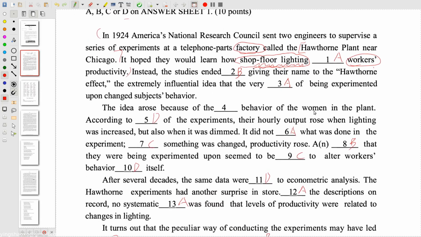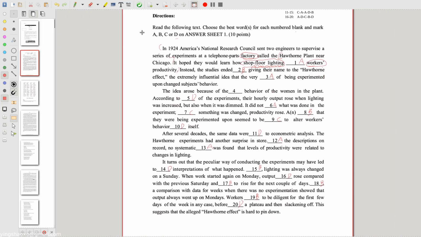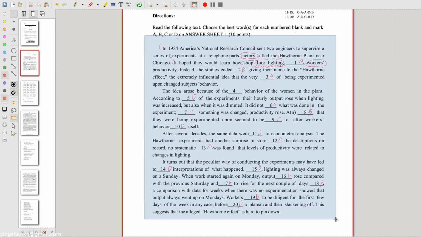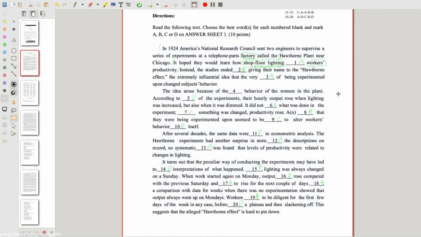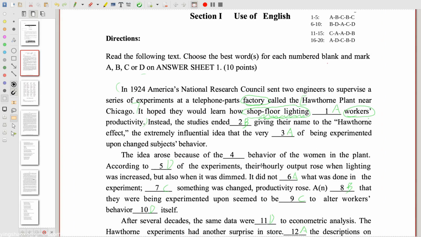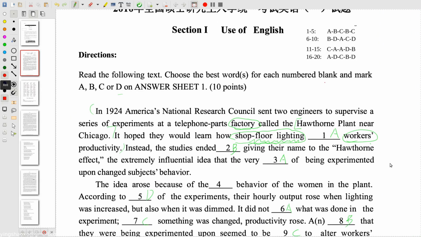Before we go on, I'd like to choose all those answers that I previously answered and turn them to some other color. For example, blue. Oh, that's not obvious. Let's change it to green. Okay, that'll be nice. Then for the correction, we will use the red color. The correct answer should be C, but we chose A. Let's correct it. We should say this is a C.